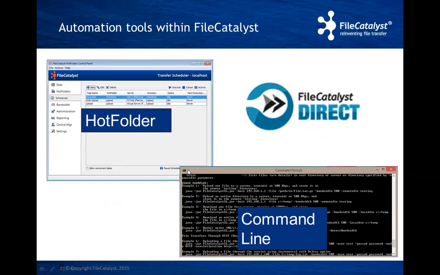So we're going to be talking here. We have a number of file transfer products under the FileCatalyst brand, but the automation really falls under these two tools: the hot folder, or the automated file transfer for transferring watch folders, and the command line. I'm not going to touch too much on the command line because really every option I'm going to be talking about in hot folder is available via some kind of switch in the command line. I'll do a basic transfer just to show you what the syntax looks like, but mostly I'm going to be concentrating on the hot folder here.